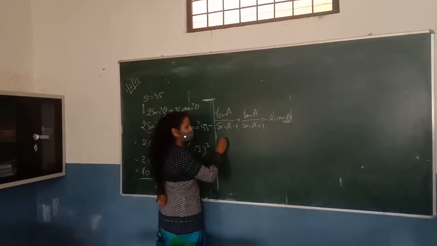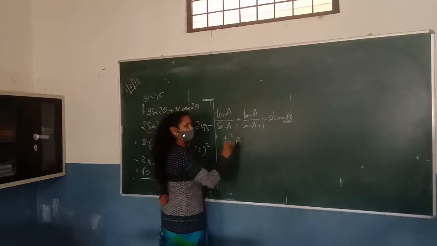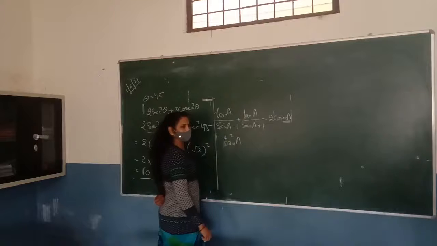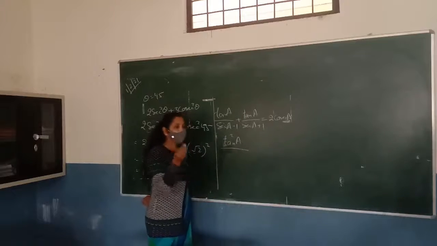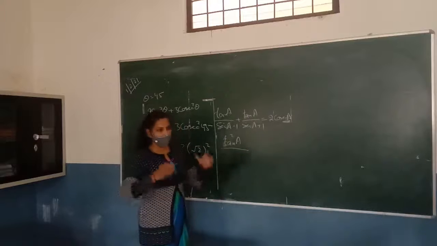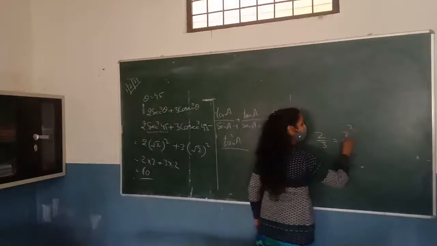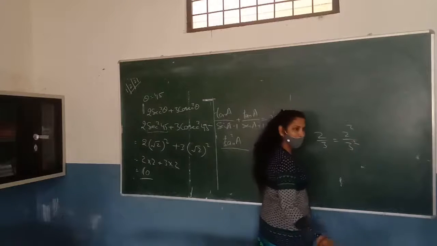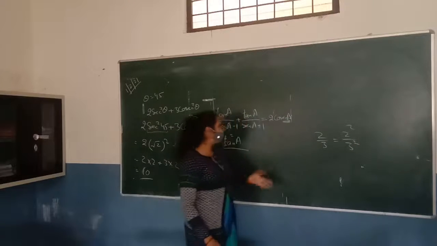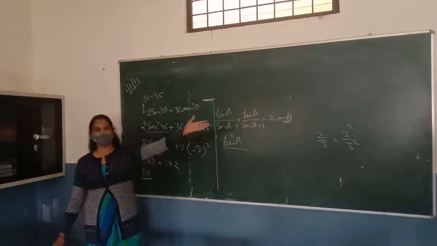We tan square a. You wrote tan square. Okay, I am writing sec square minus. Where did the square come from, that's what I'm asking. So how can you take any value square? It is 2 upon 3. Can you write it like 2 square upon 3 square? So you can't take a square. 2 upon 3 is not equal to 2 square upon 3 square.